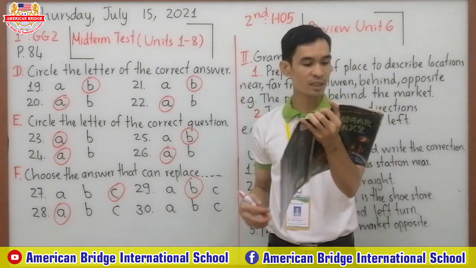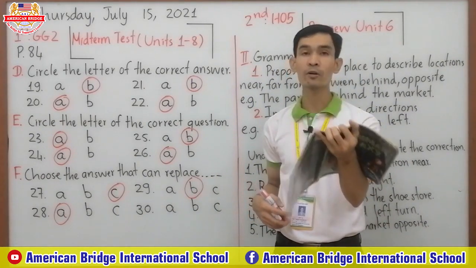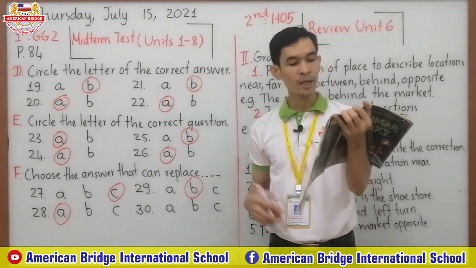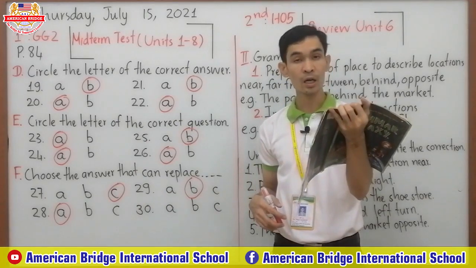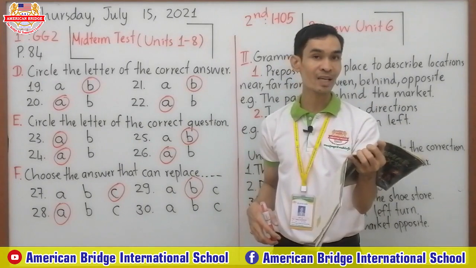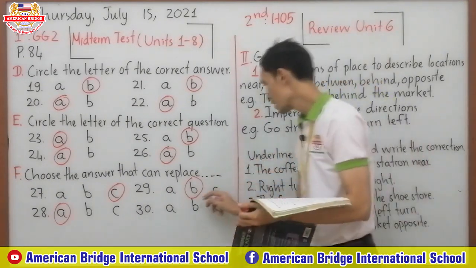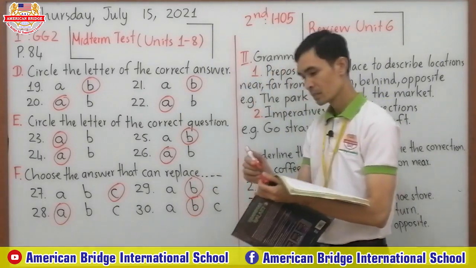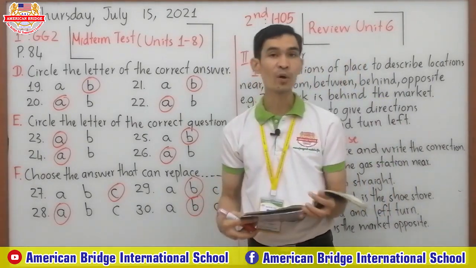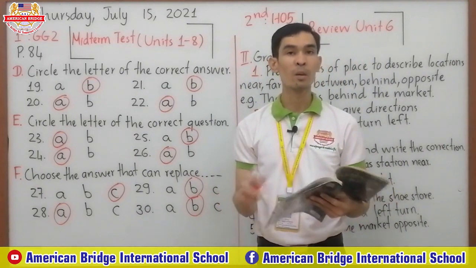Okay, so now let's continue to number 30. There is many meal in the bottle. Okay, A, a lot. B, a lot of. C, very. So the correct answer must be letter B, right? A lot of. Okay, a lot of. Meal is uncountable noun, so uncountable noun we can use with much or a lot of, but we cannot use with many.